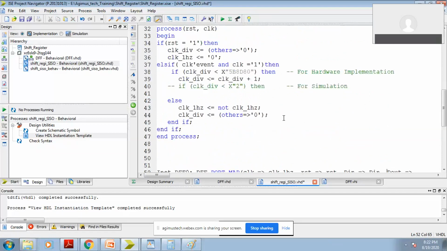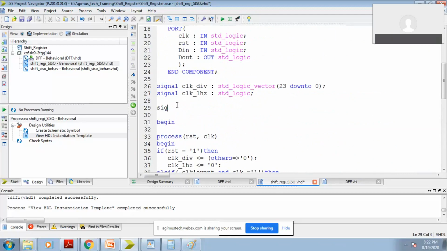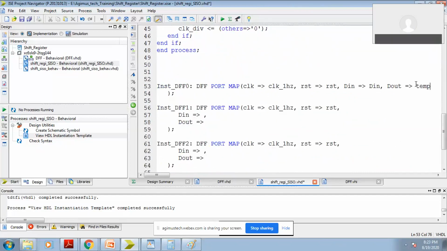We have to declare one signal here for internal storage. I am using temp as a signal. Again, it's std logic vector 3 down to 0. So I am using temp 0 as my D out.